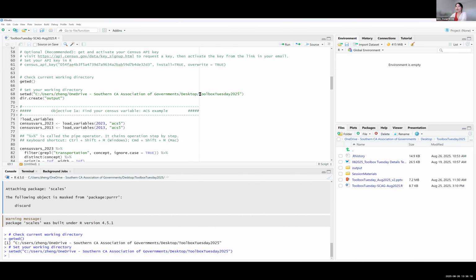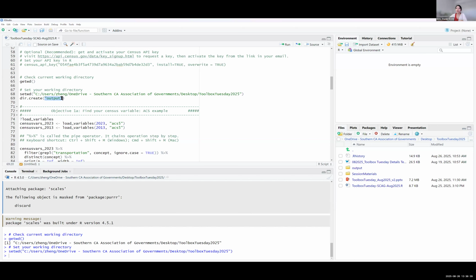And again, in my case, I have a Toolbox Tuesday folder on my desktop, and this is just like an exercise. I want to create a subfolder called output within this folder, and I use this function called dir.create.